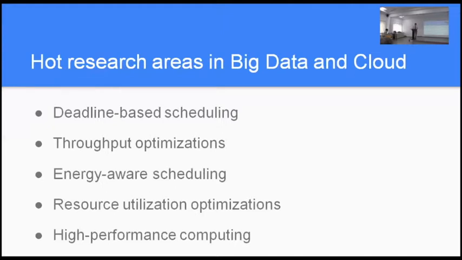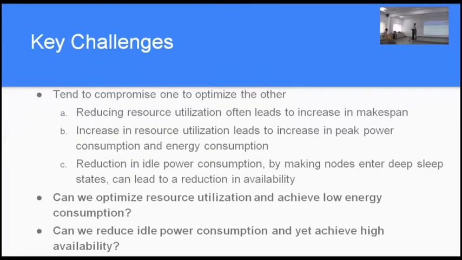The data centers cost a lot of money these days just to cool them, just to run them. It's a very big part of the budget. So keeping a data center cool, the amount of money that is spent on just managing a data center, the power consumption is enormous. So how do you try to get throughput, try to get good performance, but keep the cost low? Because energy is such an important component of data centers and clusters these days. And high performance computing, for example.